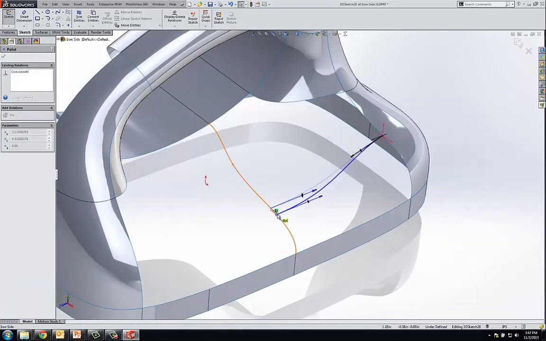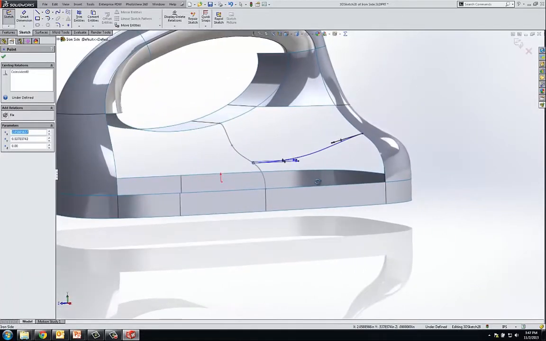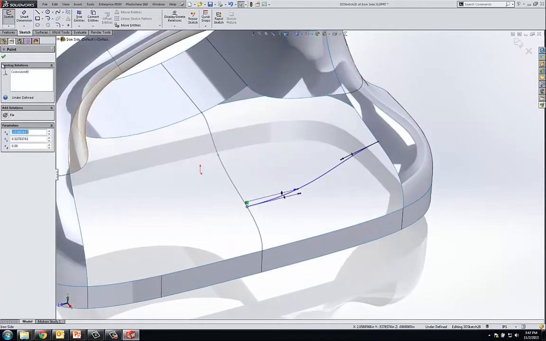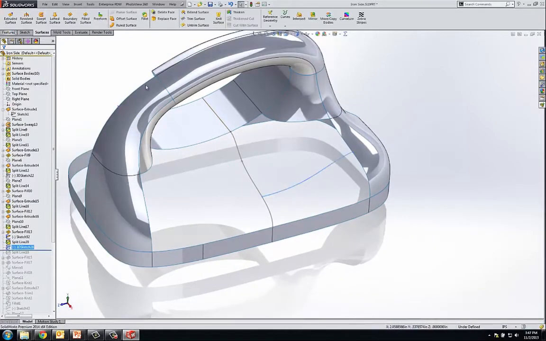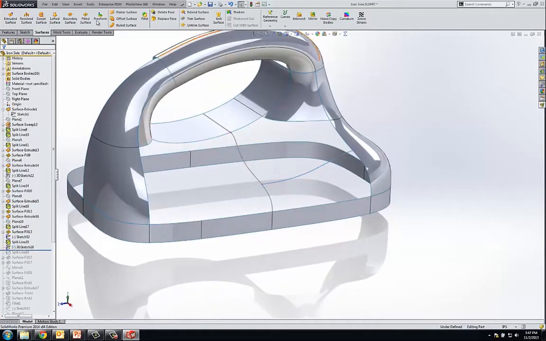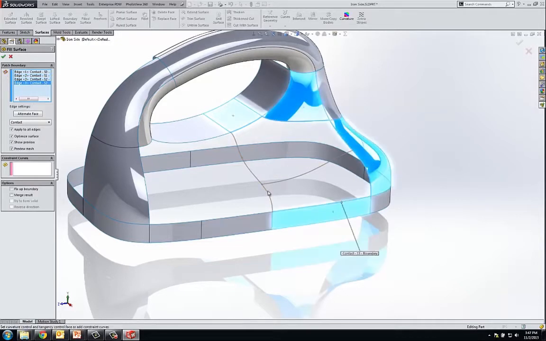So I can move it and get exactly where I want it, and that's kind of what we want the shape of this thing to look like, right? So now, if I get out of this sketch, this is how you exit a 3D sketch, right? So now if I get out of that sketch and I come back in here to filled surface, I grab this edge and this edge and this edge and this edge and that line,